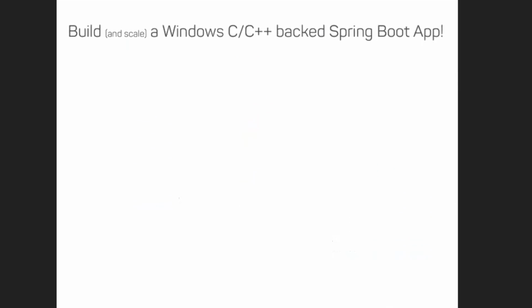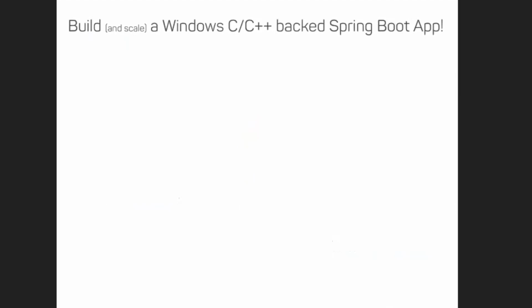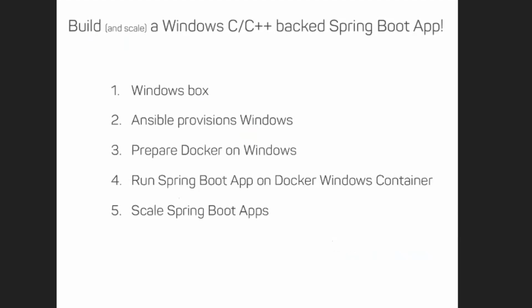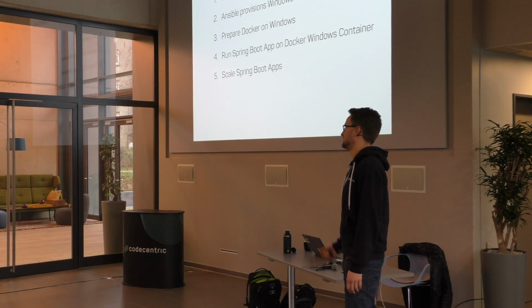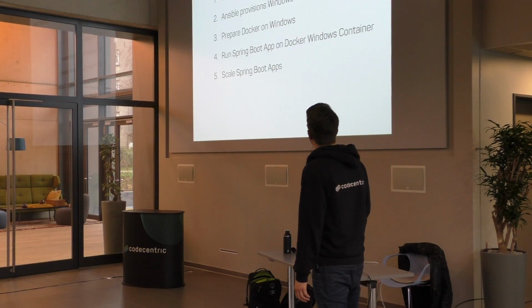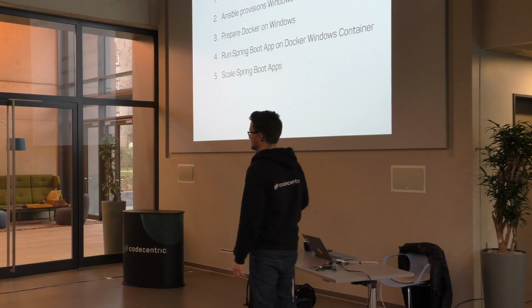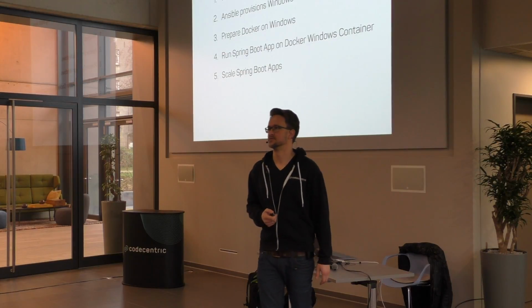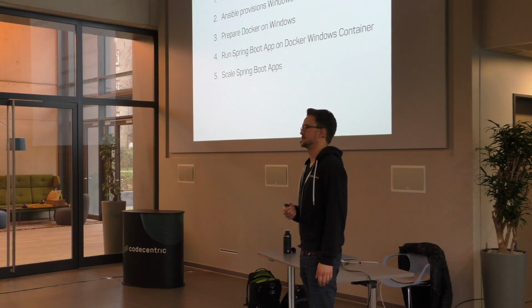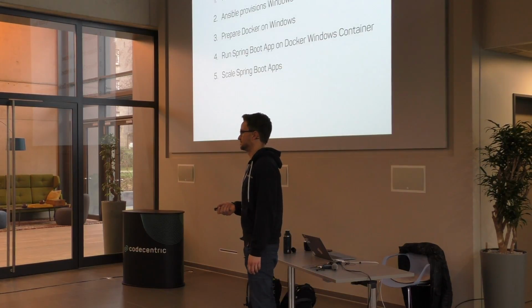If you want to do that, we need some things. First, we need a Windows box. Who knows Vagrant? For all the Linux stuff, we really knew Vagrant well, and I want to have such a box for Windows too, right? And then we already have a continuous integration or continuous delivery tool like Ansible in place, and we want to provision all the Windows servers the same as the Linux ones. We don't want to make any compromise, you're reminded.